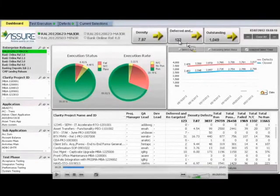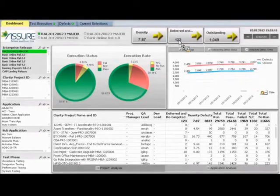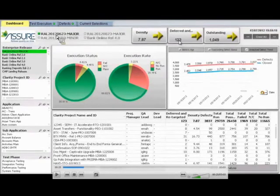Another very interesting figure that we capture is the deferred and retargeted defects. So this is an indicator that shows you how many of your defects have been postponed to a later release. So this means that these are defects that have been approved as defects, so they have been recognized as defects, but they have been pushed to future releases, meaning that they are existing in one or more releases. So that means you're building quality debt. You're not able to fix those defects. You're pushing them forward to be fixed at a later time. And all of this is causing a lot of quality debt, a lot of poor quality software to be released to your end customers. So this is an indication of how many defects have been deferred and retargeted for this